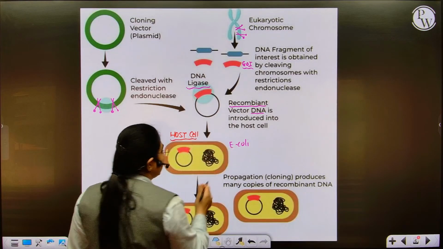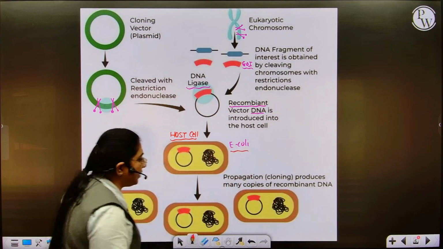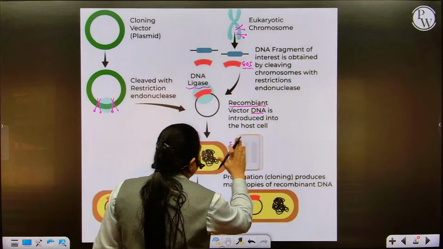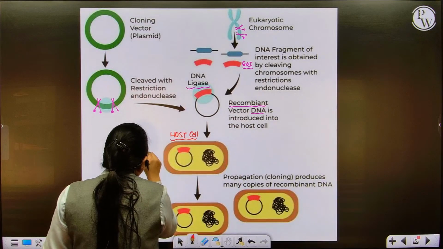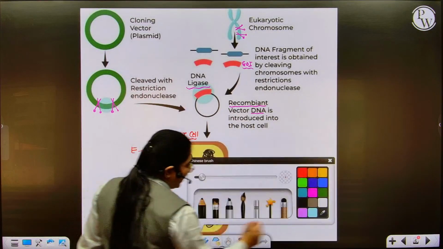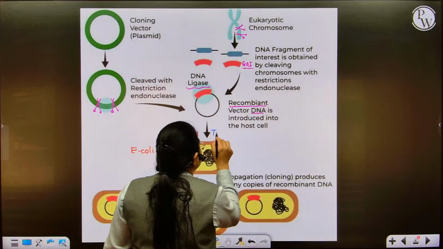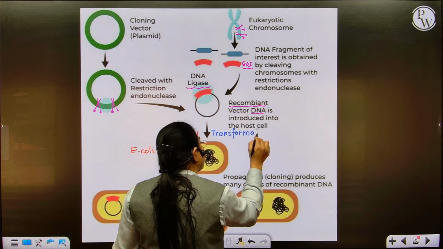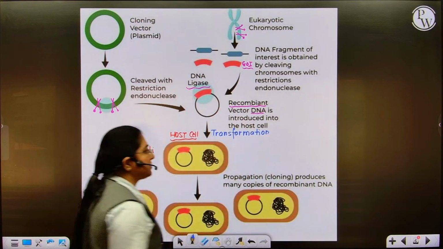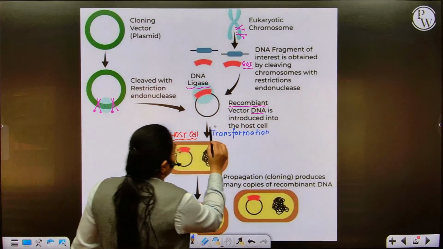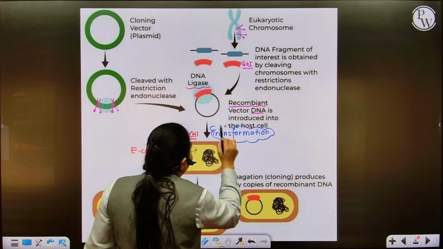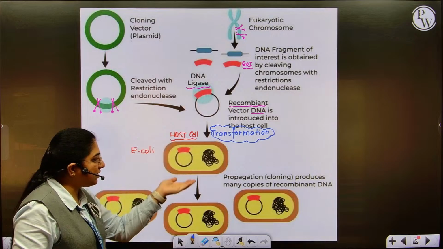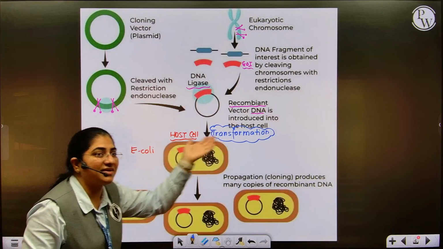And this host cell, say for example we are talking about E. coli, we are inserting it into the E. coli. This process of inserting it into the E. coli is called transformation. Once transformation takes place, this bacteria, which is now having a recombinant DNA, within the bacteria, this plasmid will replicate